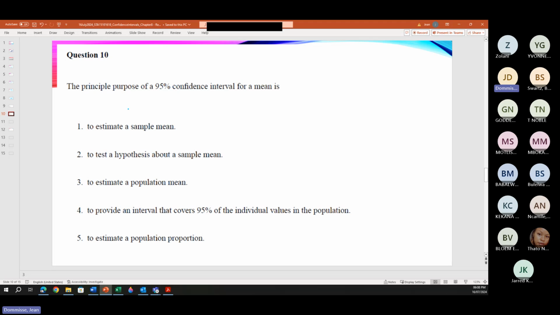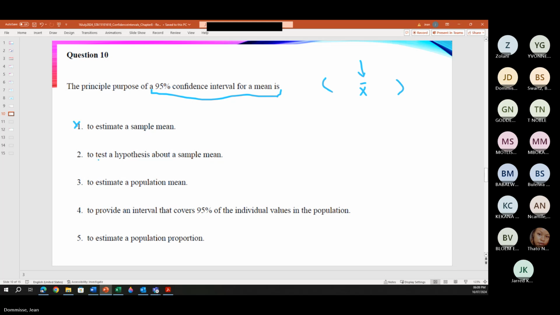So let's look. The principal purpose of a 95% confidence interval for a mean is, okay, so let's see, to estimate a sample mean? We've got the sample mean. So we want to estimate around that sample mean what the population mean will be. So it's not to estimate the sample mean, because we will always have the sample mean. To test a hypothesis about the sample mean,